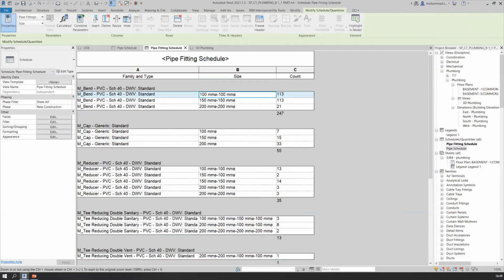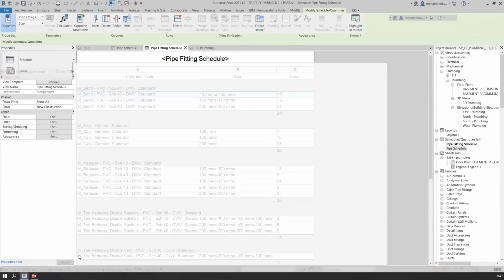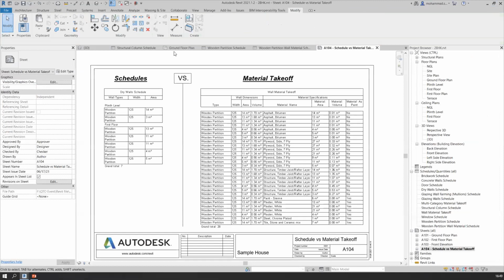There is one question that two or three people asked together: when we calculated the volume of structural columns, there were different volumes for the same column. So can you please show why the volumes were different there? Yeah, I'll show my project again. In my structural column family, there are variations in volumes because